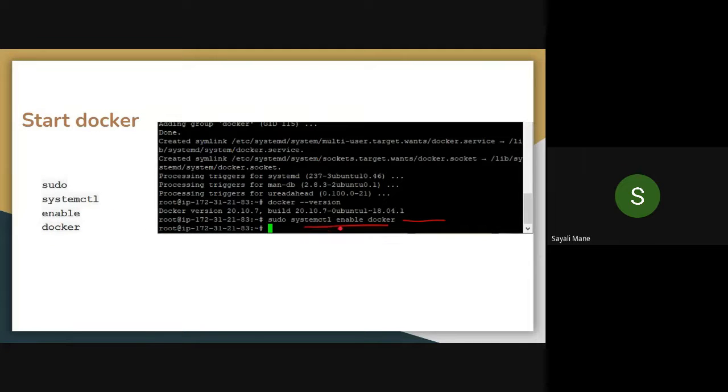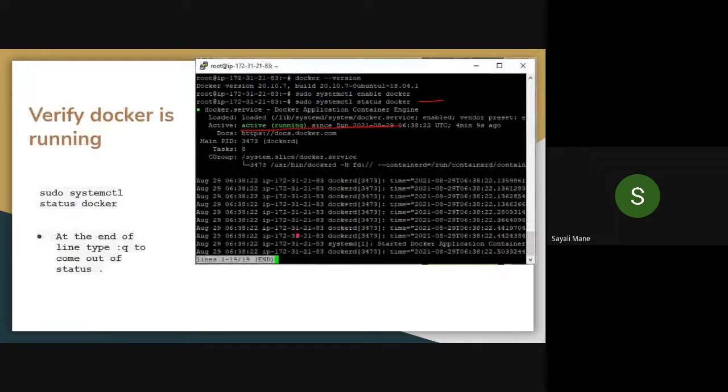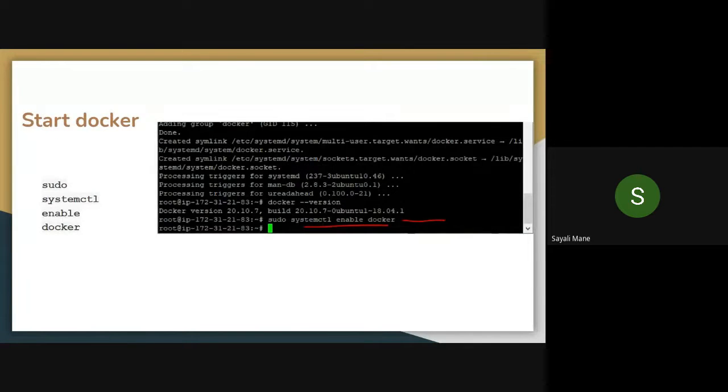So please type this command and then take a screenshot. After this command, nothing will come. You're just simply enabling Docker. Then on the next line, they will ask for another command. So nothing will come. Please take a screenshot of it.